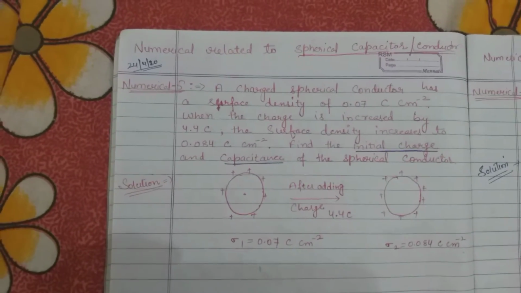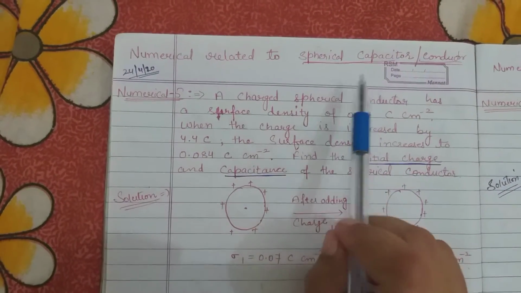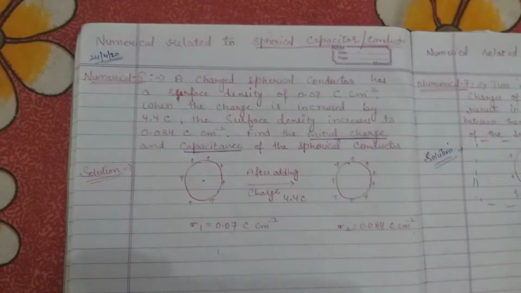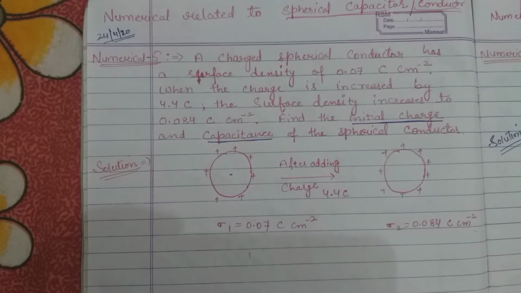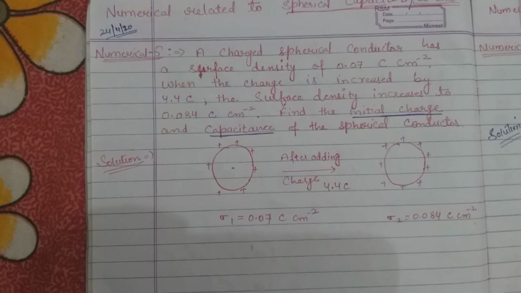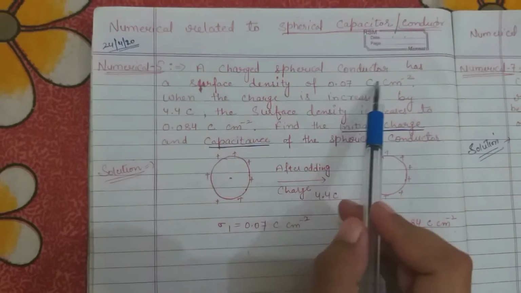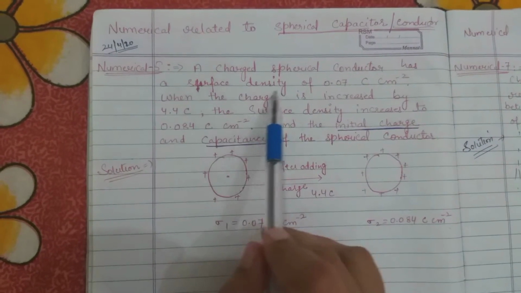So today's topic is spherical capacitors and the numerical. I will solve the numericals related to this. So students have problem in numerical number 5, and the numerical is: a charged spherical conductor has a surface density